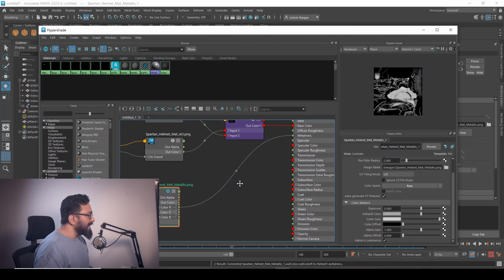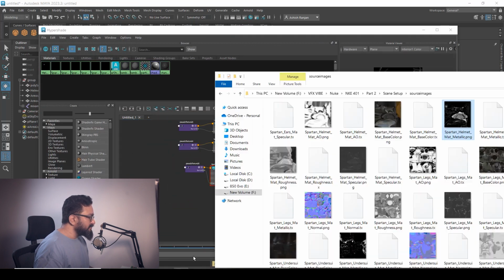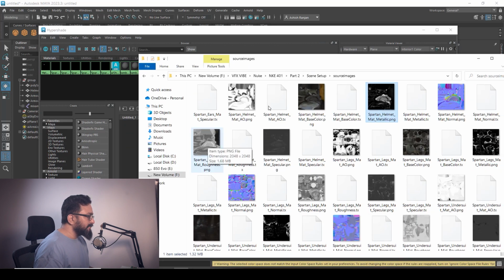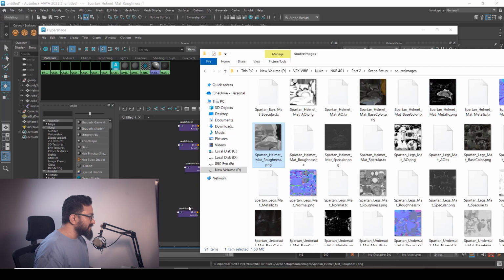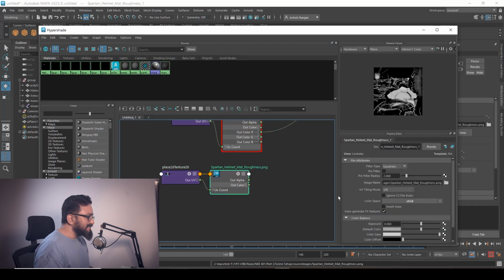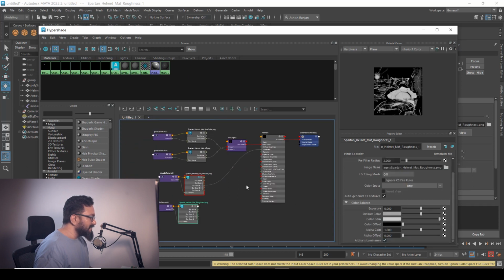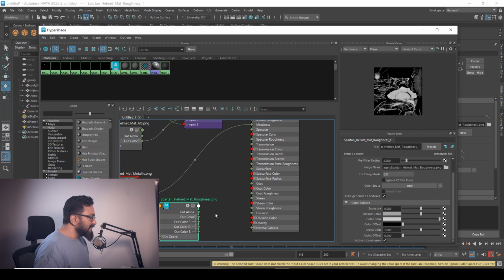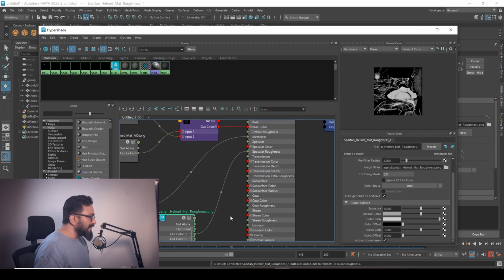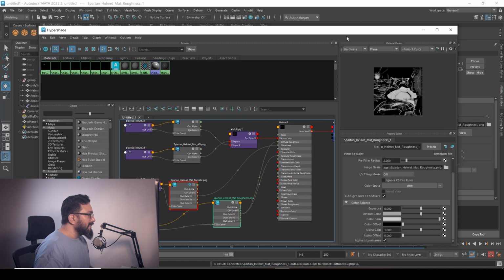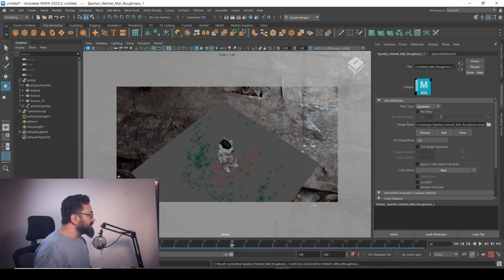Also, what I can do, I can quickly add my roughness to it. So here I have a roughness map, right? So I can add my roughness map, and in the same way I can select this. I can do raw, alpha is luminance, and single channel. And roughness I'm going to use in two places. This will be my specular roughness as well, and this will be my diffuse roughness as well. So you can test and try. And now if I render it,